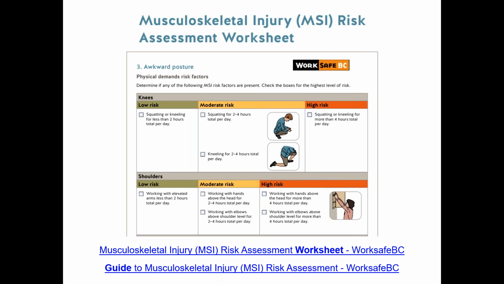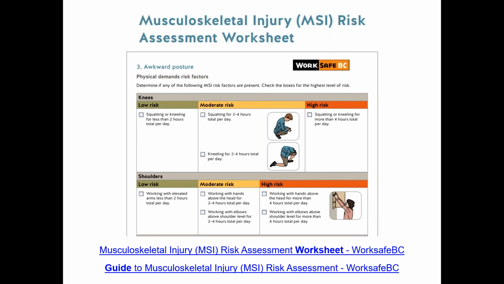There's some external risk assessment tools out there as well beyond Workplace NL that I wanted to make you aware of in case you don't know it exists already or these exist already. This is a pretty simple tool to use and a great one, an effective one. Comes from WorkSafe BC.